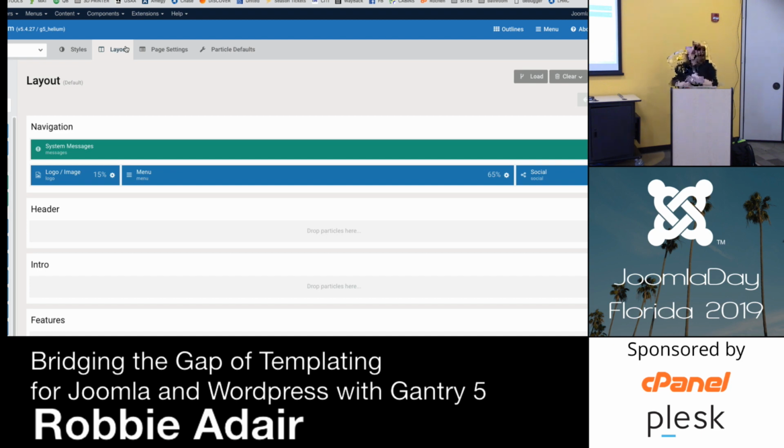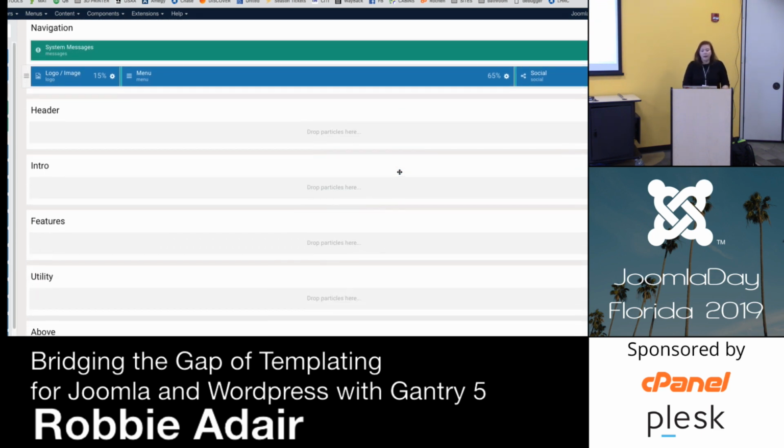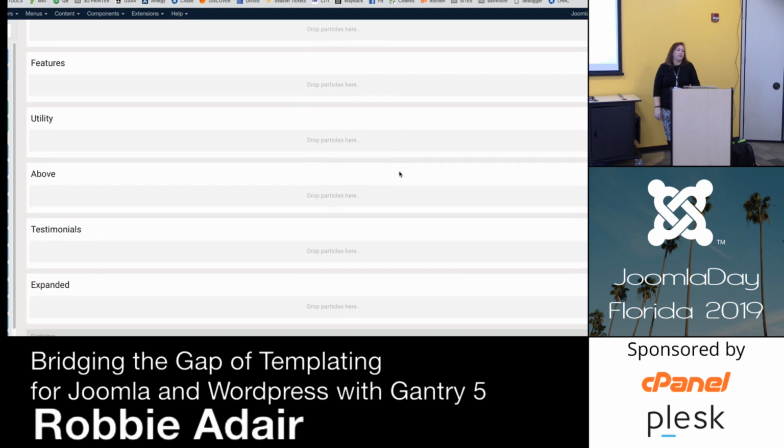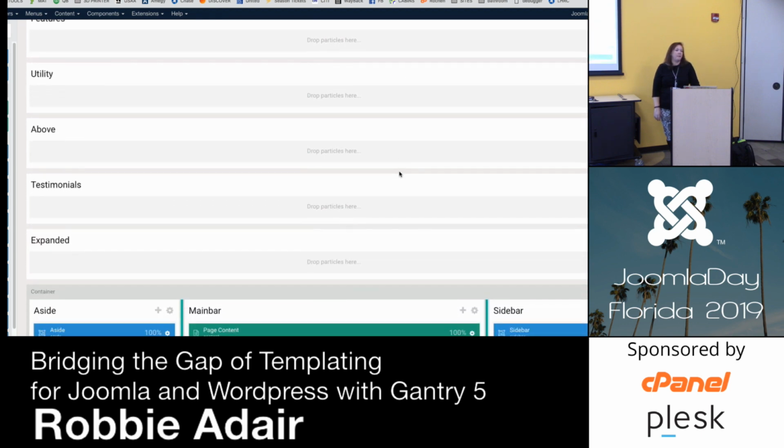So those were styled from base configuration for your template, and then each override can have its own individual, or it can pull from the base. Layouts work exactly the same way. So I would go back to my base outline to look at the layout. Now, this was, quite honestly, when we first started looking at Gantry 5, we were like, wow, this is a whole lot. Once you get this, you're just like, oh my gosh, how did I ever do it the other way, where I was going in and editing code to move or add positions and stuff like that.